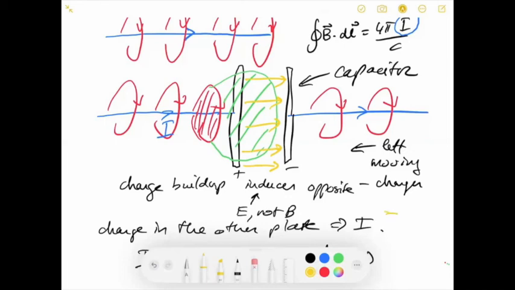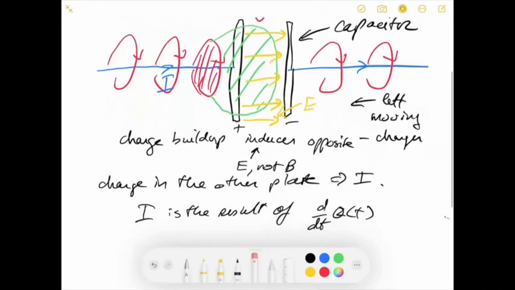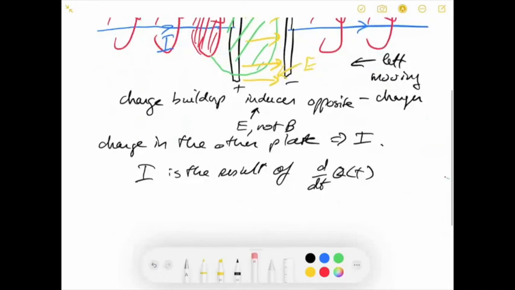So this electric field is the reason they're all there. But it's not the electric field that causes them to change. It's the changing electric field that induces a current. So therefore, this d/dt of Q actually is due to